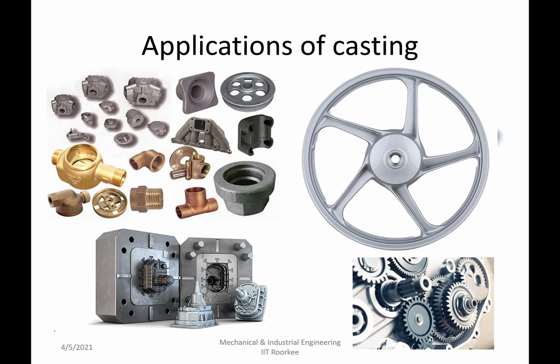You must have seen alloy wheels, a very common word used in the automotive industry. Alloy wheels in bicycles, alloy wheels in cars. Basically these are aluminum alloy wheels as compared to steel. These are light in weight and strong, so it helps in reducing the dead weight of the automobile. That in turn helps to increase the mileage, basically reducing the specific fuel consumption of the automobile. So these are a few examples.